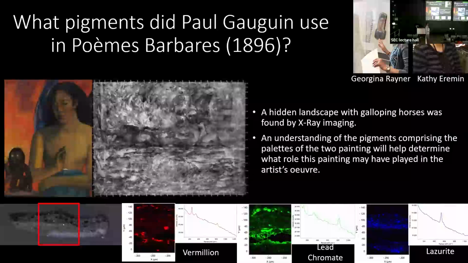The art museum will take cross sections of paints and try to see the different layers that the artist used. This was a Gauguin painting that they have in the Harvard Art Museum, and behind it, when they x-rayed it, they saw a different image. It's supposed to be a landscape with a horse. This is supposed to be a horse, and then this is a beach. I have trouble saying it, but anyway, he apparently didn't like it and then repainted it